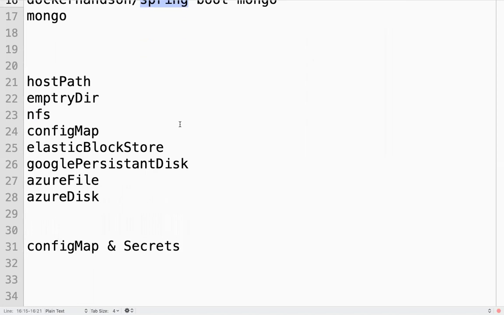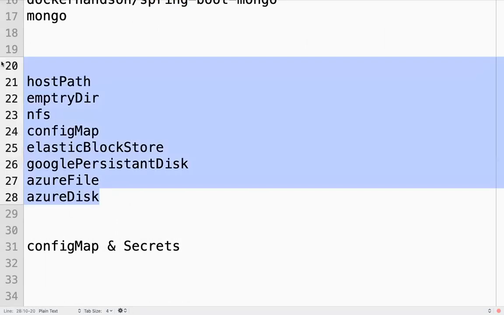It's just a storage driver which will be used to map the container. This is just a volume, irrespective of what storage you want to use. It's a piece of storage where your container will be mounted with this storage.